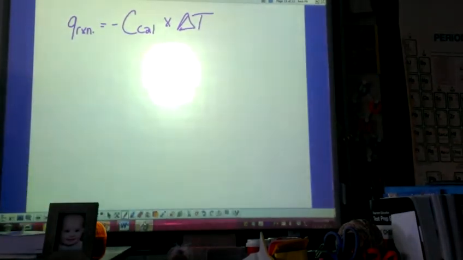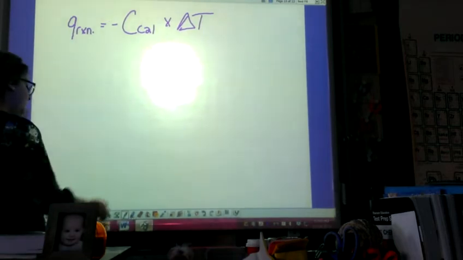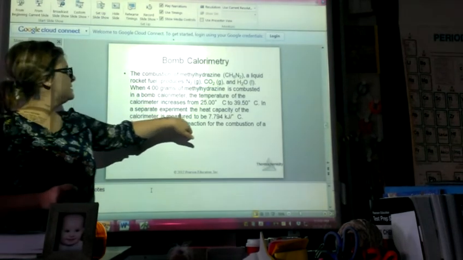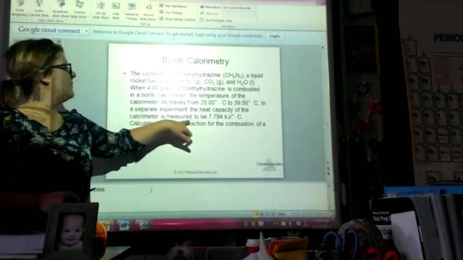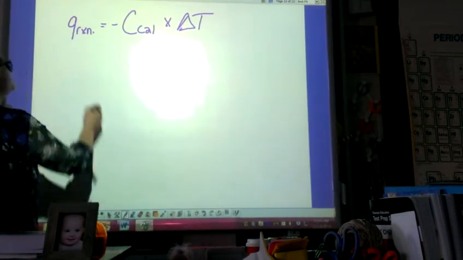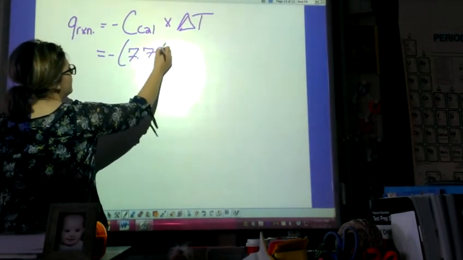You're not going to be experimentally finding that on an AP test. We just did that in the lab so that we could have practice of how we find Ccal. They gave me Ccal because they said in a separate experiment the heat capacity of the calorimeter is measured to be 7.794 kilojoules per degree Celsius. So I already know that Ccal is 7.794